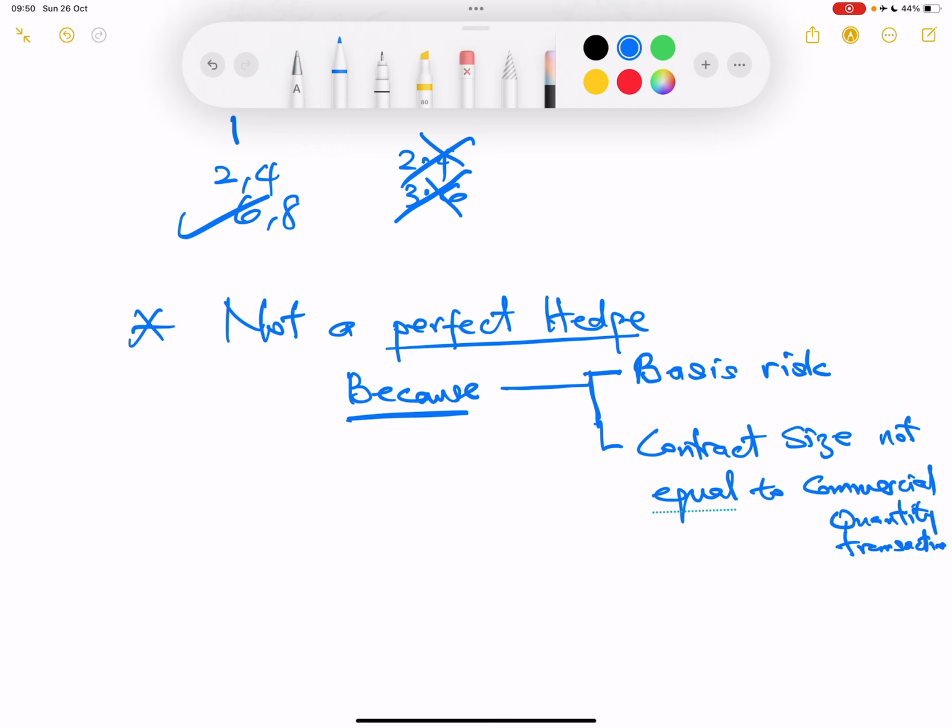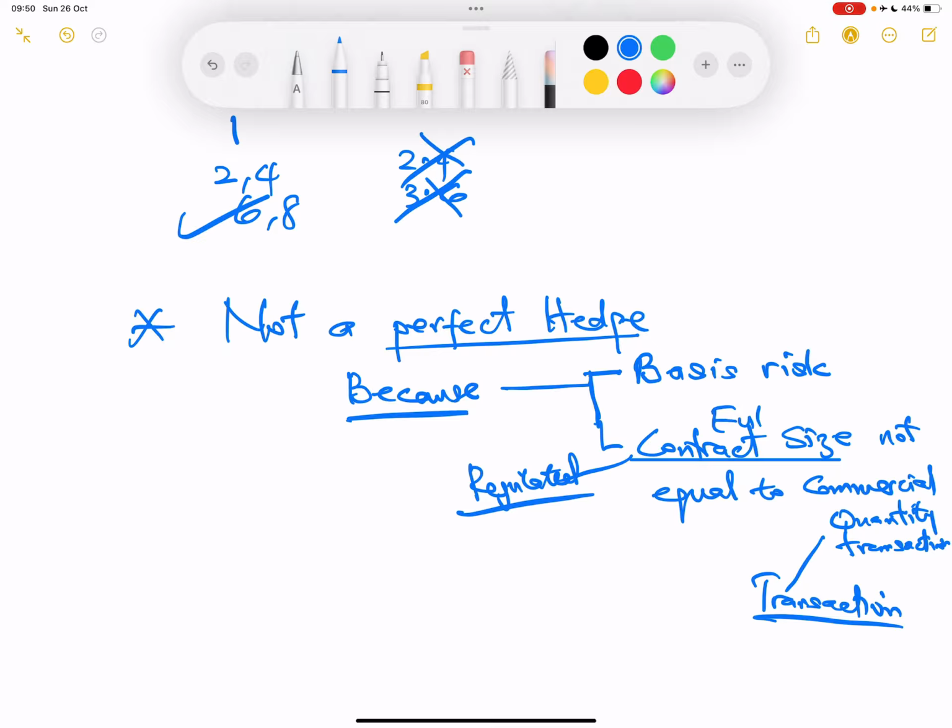And that can be any figure. The contract size cannot be any figure because this one is regulated by the market. This is your future. This is your transaction. Your transaction can be anything. This one cannot be anything. The futures contract size cannot be anything. Your transaction contract size can be anything. But futures is